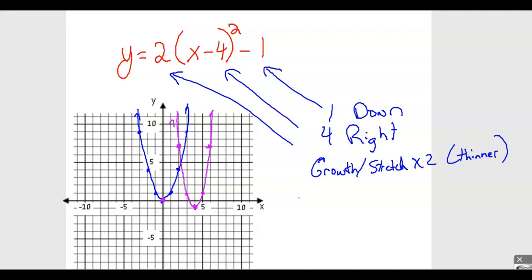So notice what I did is, once you find your vertex, it's growing twice as much. Normally it goes over 1, up 1. And then I did over 1, up 2. Then over 1, and up 1, 2, 3, 4, 5, 6. Because again, it's stretching twice, so it's growing twice as fast as the other one. Again, that's growth, stretch, shifting, transformations. It's all of those right there. And again, I want you to